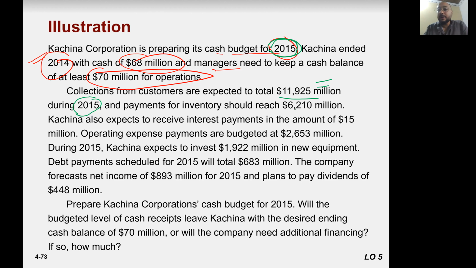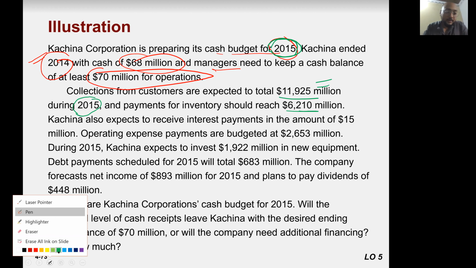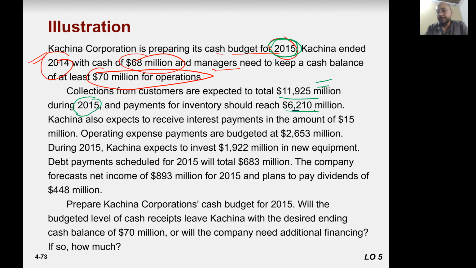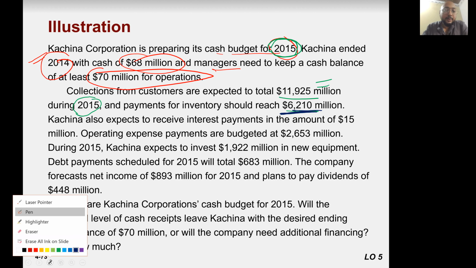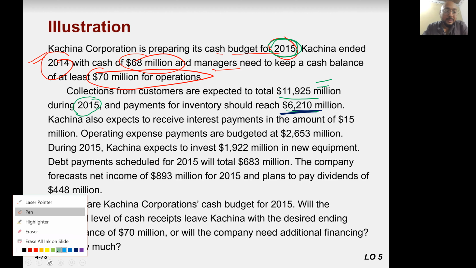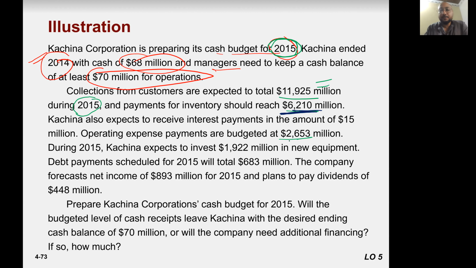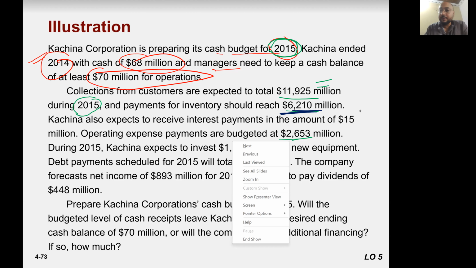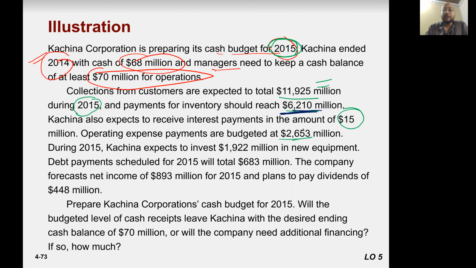And the payments for inventory, I would be marking payments with the black one. Okay, so Kachina expects to receive interest. When you receive interest, it means that is your inflow. Receive interest, 15 million, sorry, 15 million. And operating expenses are